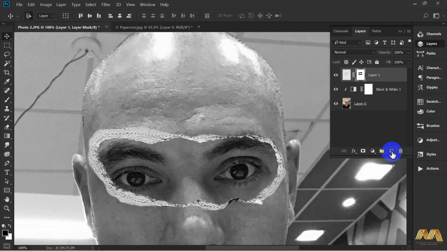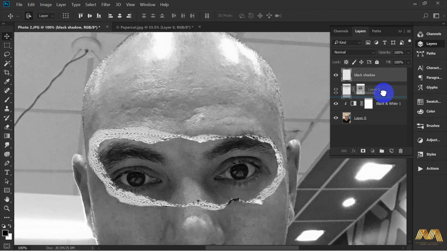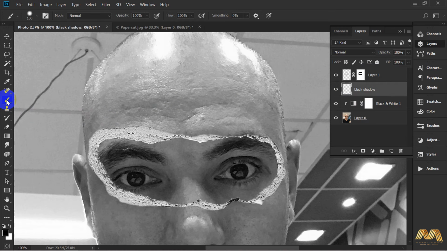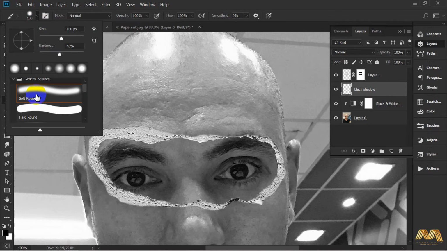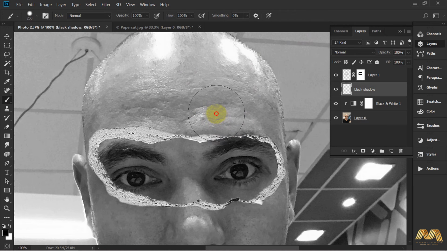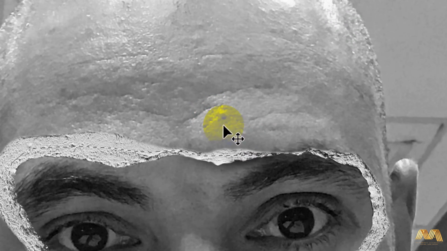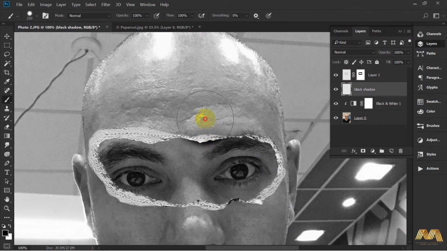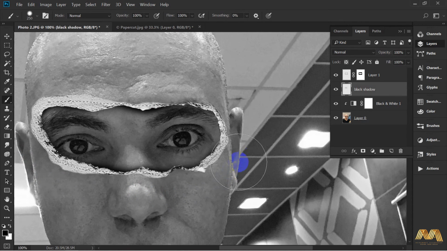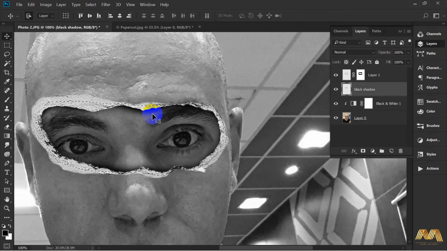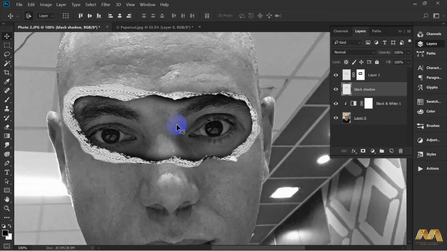Now create a new layer. Let's name it Black Shadow, and place it underneath your paper layer. As your black shadow layer is still selected, get your brush tool. Choose the soft brush. Increase the hardness up to 50. And with the edge of your brush, just go over the selection to give it some shadow. Now after we finish our inner shadow,